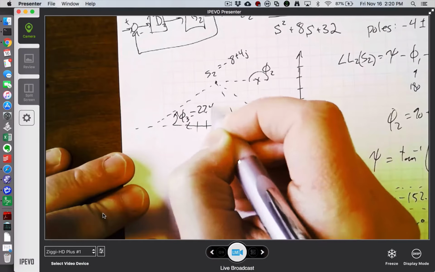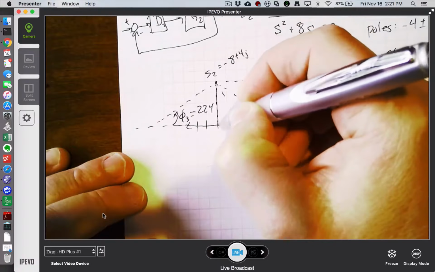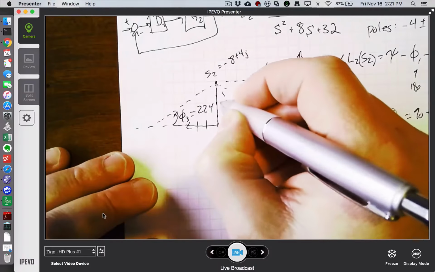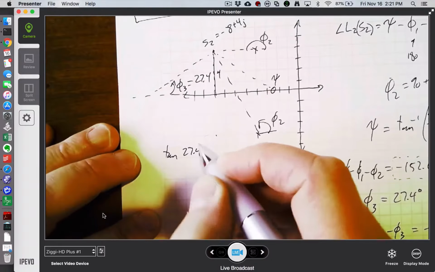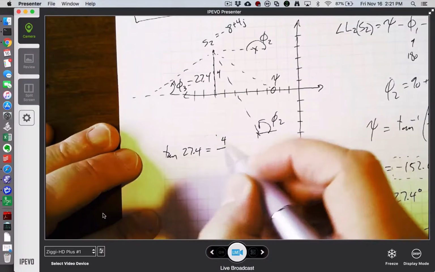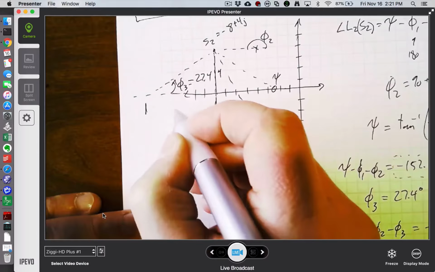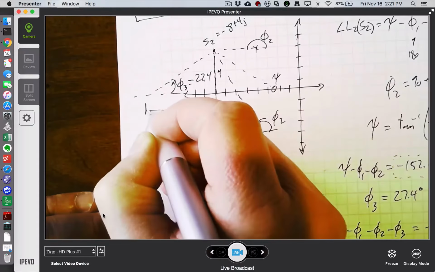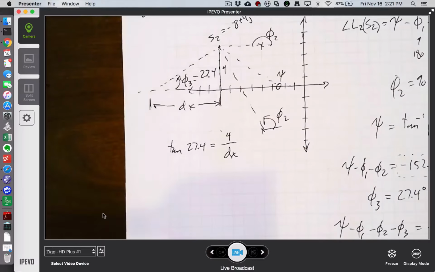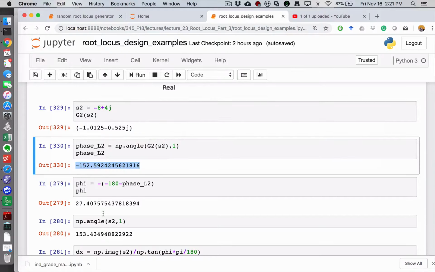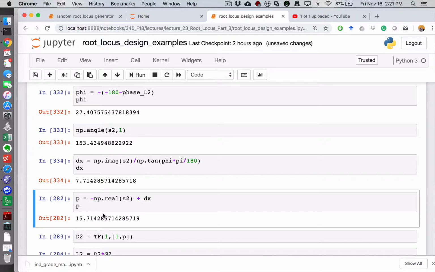be 27.4 degrees. So it's just a question of doing the trigonometry to say, okay, I know this side to be 4, and I know that the tangent of 27.4 is equal to 4 divided by what I call a dx. So this distance is how far my pole needs to be away from my target point to cause that point to be on the root locus. So I've done the math, or Python has done the math for me, and it turns out that dx needs to be